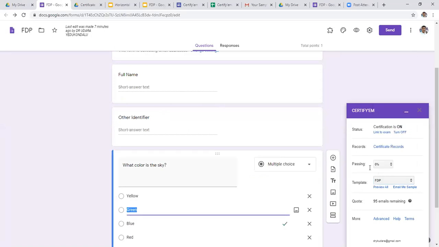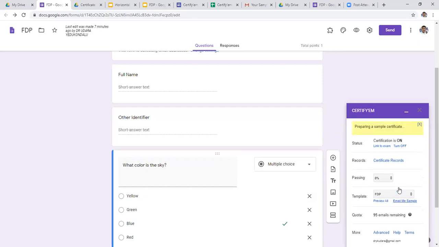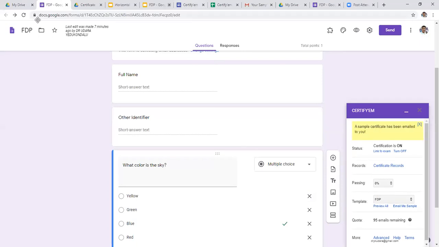Get it, sir? Okay, sir. So now our designed certificate is available in the template. If you want to see the designed certificate, then again click on Email me sample. Now it is sent to our registered mail ID.